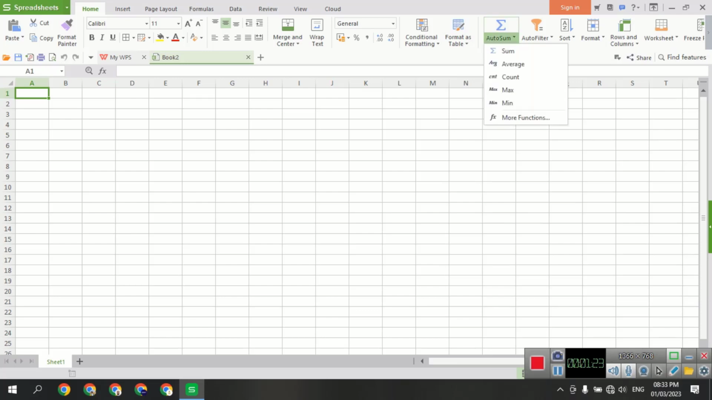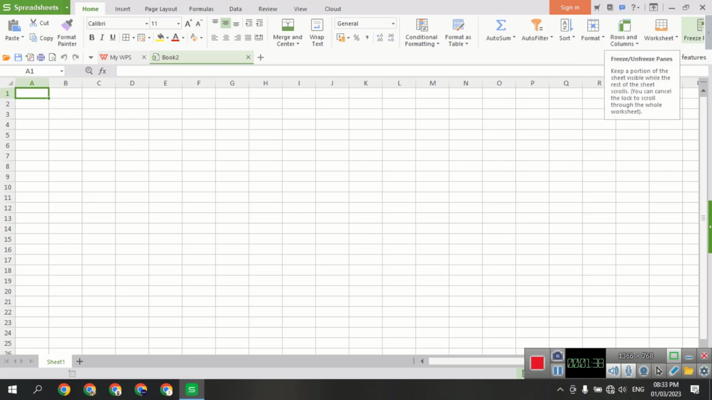AutoSum function is a simple mathematical function we solve from here. Auto filter gives a filter, add sorting, format rows and columns, work in sheet, and freeze the columns or rows or panes. So in today's class we will read briefly about the home menu: alignment, merge and center, wrap text,